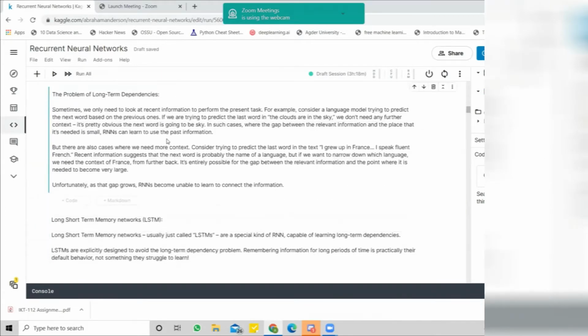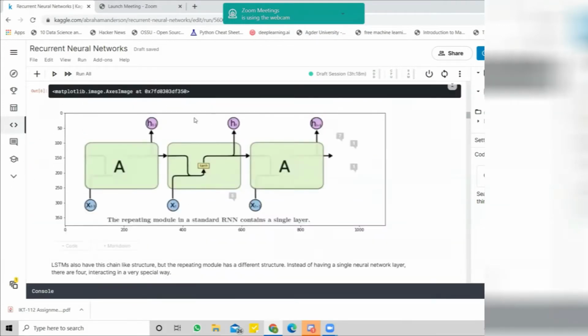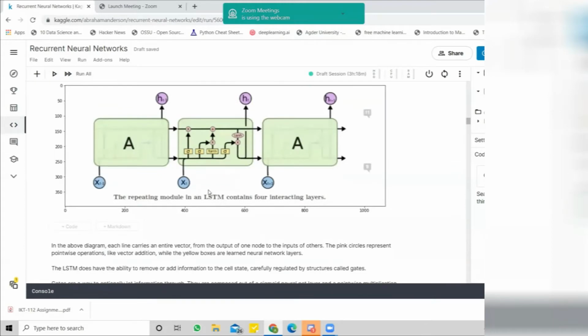This new kind of version is the long short-term memory network, or in short, LSTM. This is a normal, basic recurrent neural network with only one single layer. But when it comes to LSTM networks, as you can see, this one also includes the same complicated operation inside itself, but in this picture we only see one of them in order to focus on a single one.